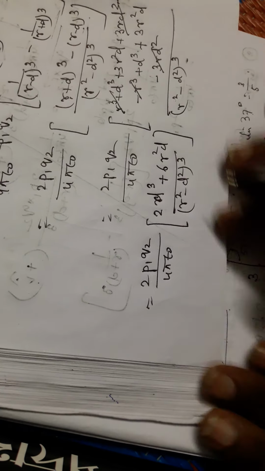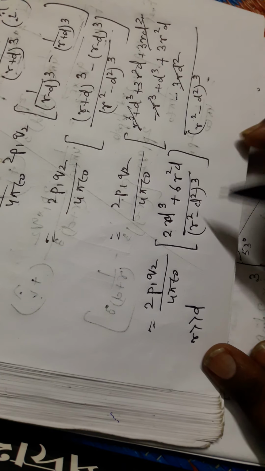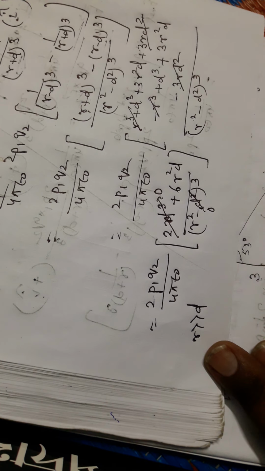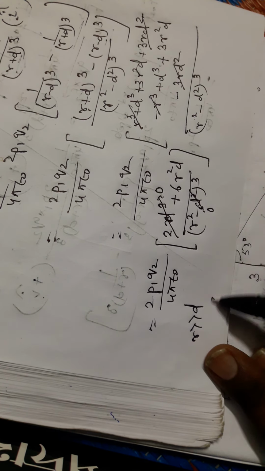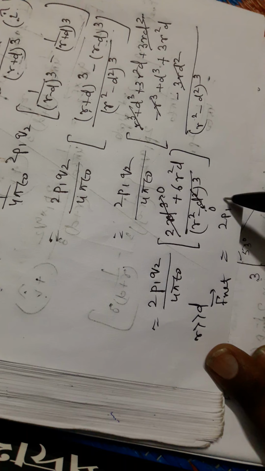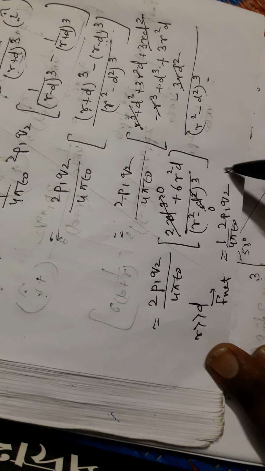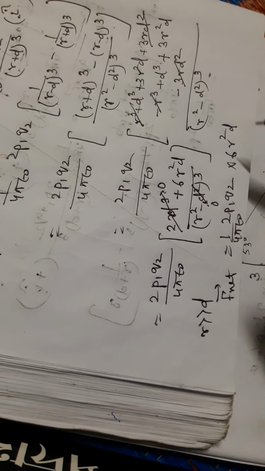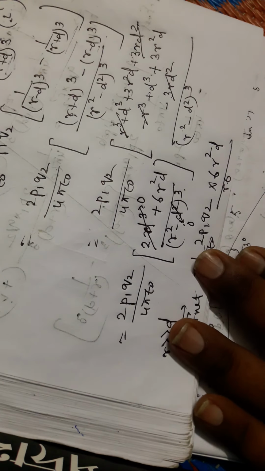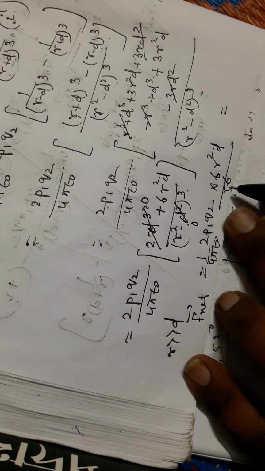Now use the short dipole approximation. Short dipole approximation means r is very much greater than d. So I can neglect the d square term and can also neglect the d cube term. So the final result for the net force acting between the two dipoles is 1 by 4 pi epsilon naught 2p1 Q2 into 6 r square d by r to the power 6, and r square and r to the power 6 get cancelled out.